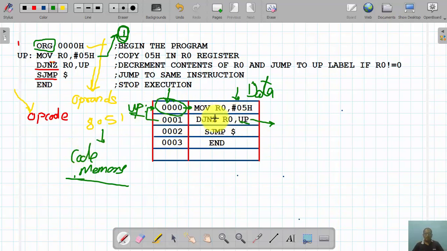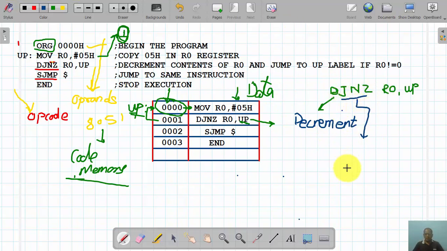Now what is the meaning of DJNZ? This instruction DJNZ has two meanings. Suppose I define it with R0 and up. The D stands for decrement, and JNZ means jump if not 0.